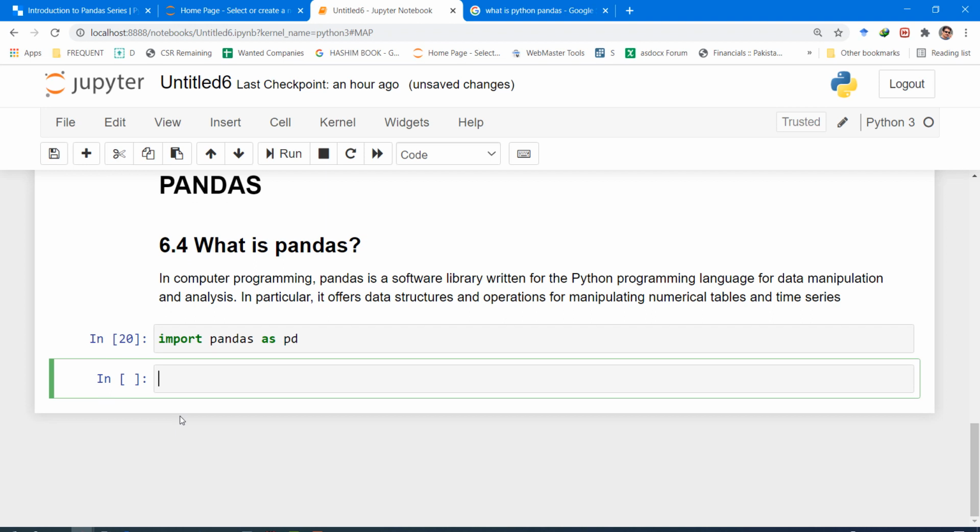Okay, now the first thing that we shall create in the pandas library is the series. Just like we have lists in Python, we have series in pandas. So how do we create a series?